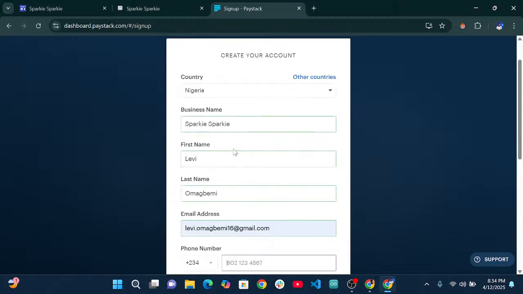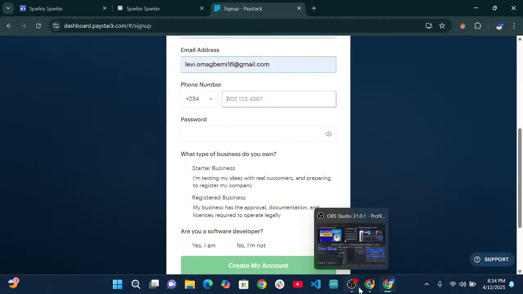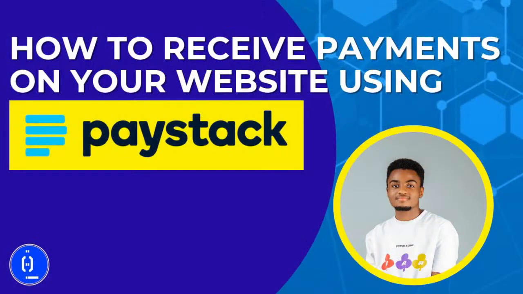I'm just going to block my screen for a while just to fill out these details, so you just do the same for yours. I'm going to block it for a while, but make sure to select if your business is a registered business or not. If your business is not a registered business, go ahead and select starter business. So I'm going to put in my number. I'm going to quickly fill out the form and just unblock my screen so we can go on. But this process is very straightforward. So I'll add my number,